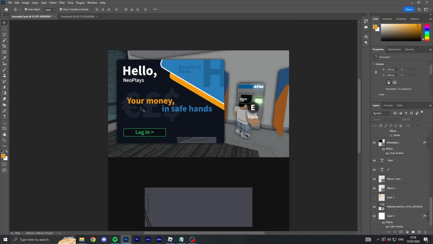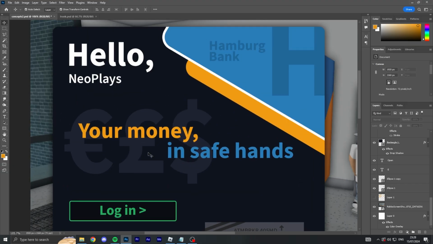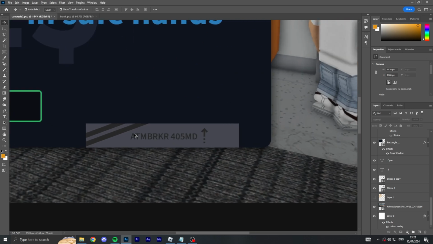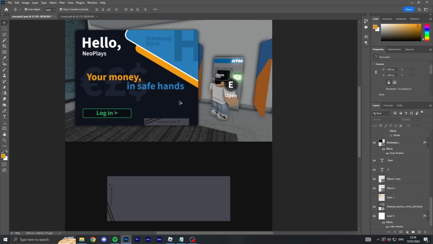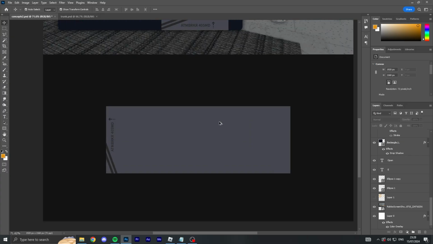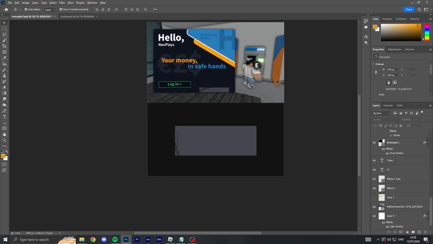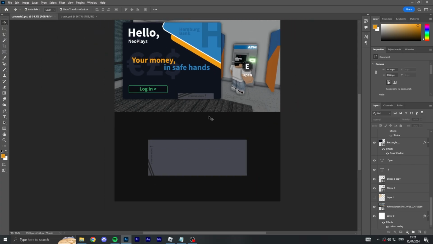I added a few more things to the starting screen, because that just looks so cool. Come on, I'm killing this, man. Anyway, the idea is, you click the hacking tool, the ATM breaker 405MD, and then it pulls out the full thing. Then they're going to put a keypad here, a screen with a code, and then type in the code, press tick, do the next one, and then count down on the right. Do you see the vision? I think you do. So this is the hacking idea. I'm so pleased with this.